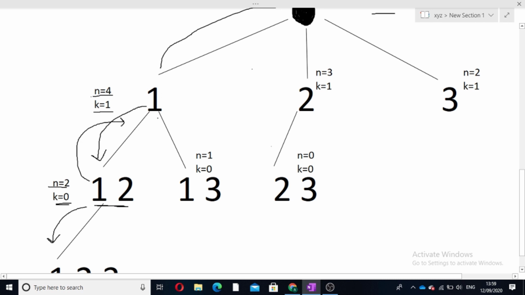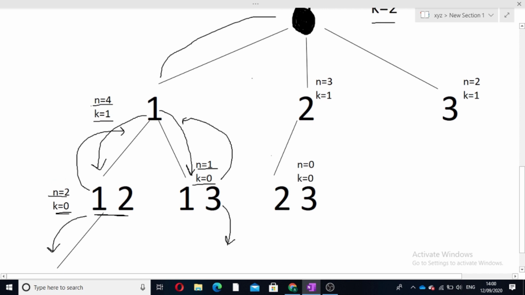Now since we have returned to 1, it will call the next function. Now n was 4 and the new element is 3, so the new n became 1 and k became 0. Similarly in this condition also we can't make a call forward, because if we did, our k will be equal to -1, which means we have taken 3 elements into consideration, but that will be a wrong assumption. So we return the call from here, since k became 0 and our answer is not found.